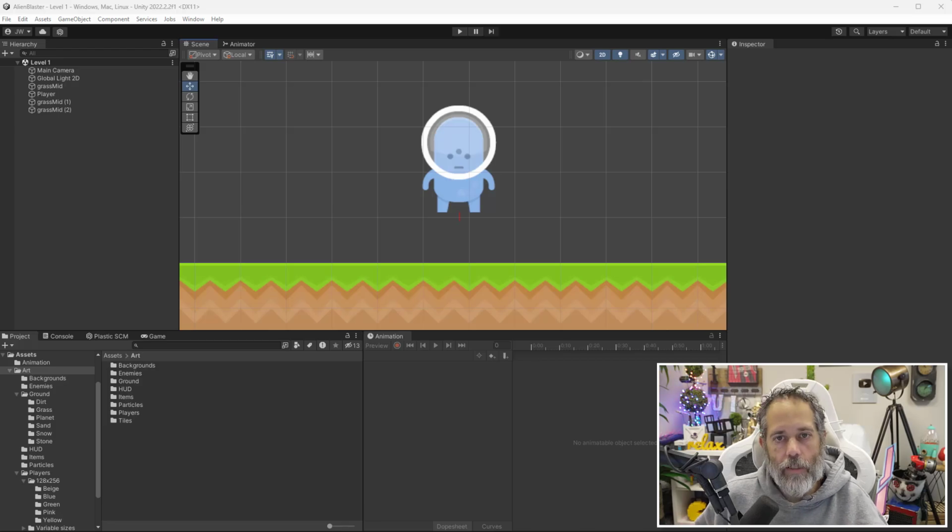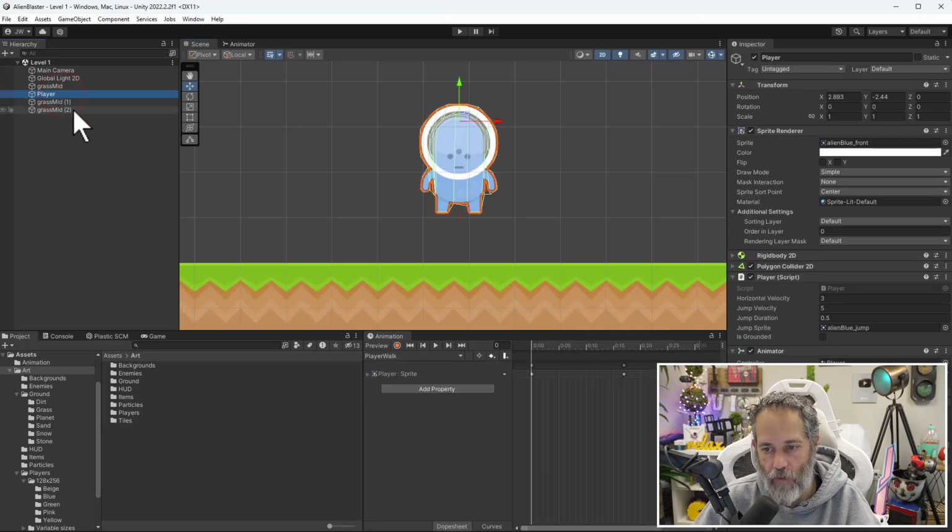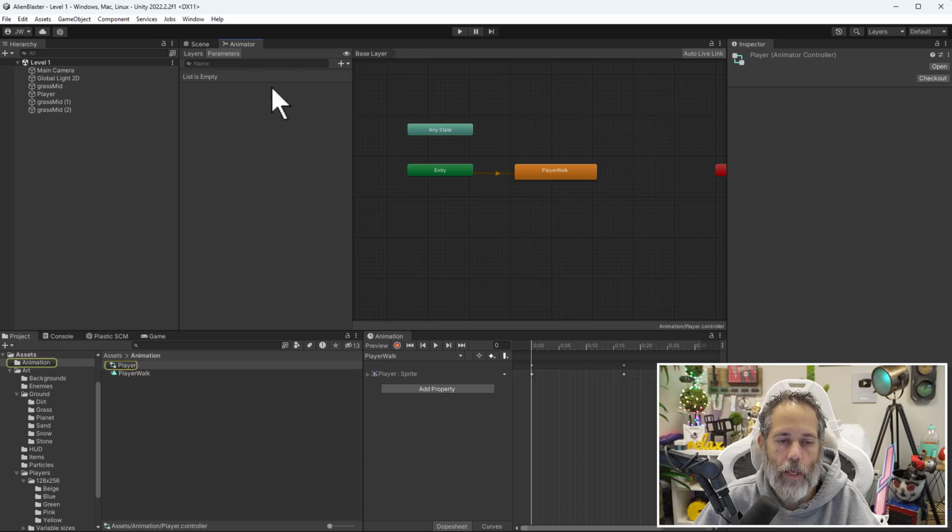Now that we have access to this animator and its cool system, let's see what it can do and see if it can maybe handle our jumping and some other things for us. So we're going to go back to the animator window. If you don't remember how to find that, just go select your player, find the animator, and then double click on the controller. That'll bring up the animator window, which allows us to modify an animator controller. And what we want to do is add a jump animation into this canvas and